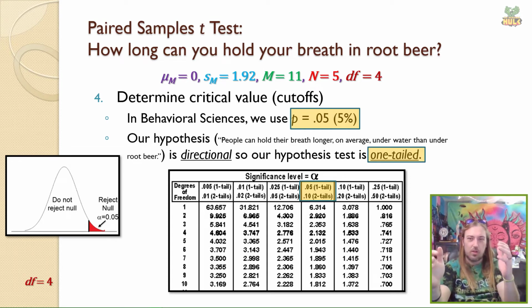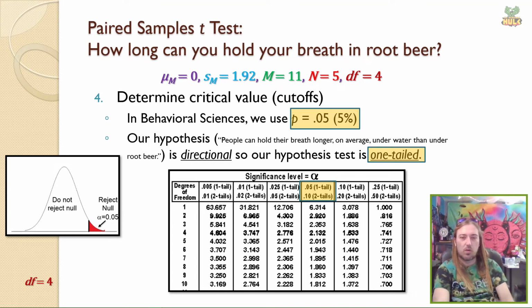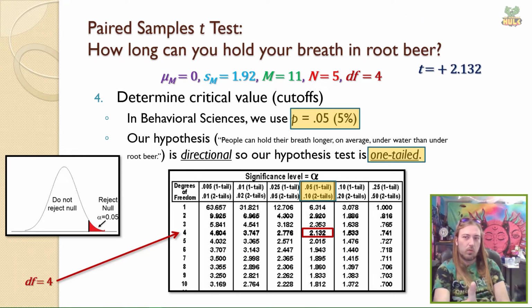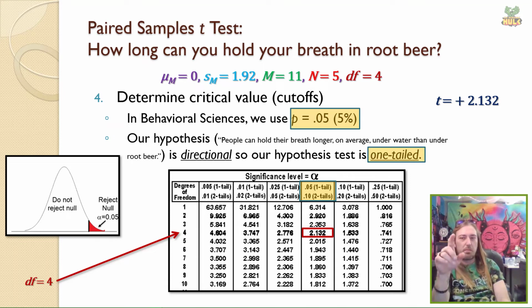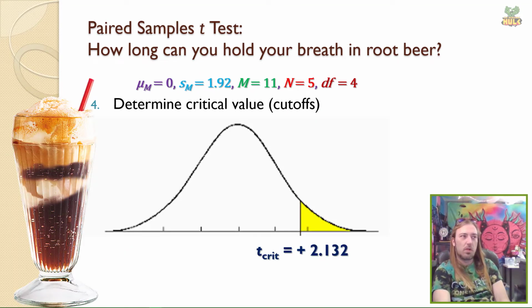Right, so you're following along. This is easy. Degrees of freedom are 4, so we go to that particular row, and we see that our critical value is a t of plus 2.132. Now notice that I put a plus sign, but I didn't put a plus-minus sign. Why is it a t equals plus 2.132? Because the way the t formula is set up, we are going to take a difference score and subtract off a